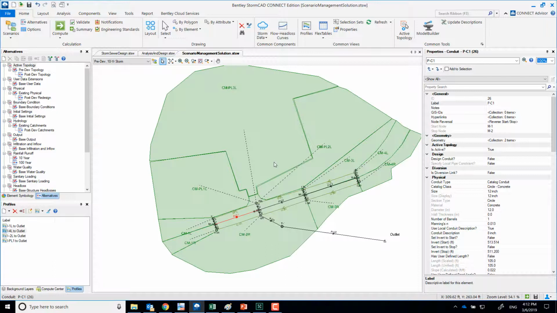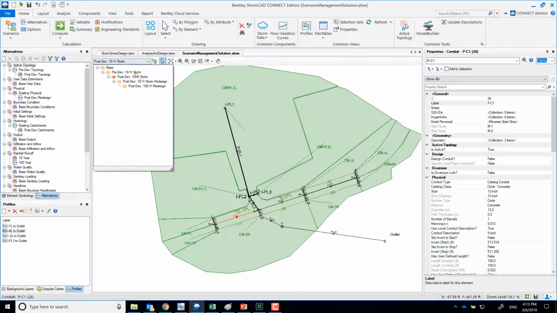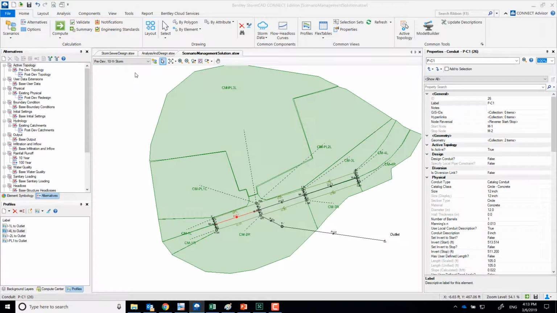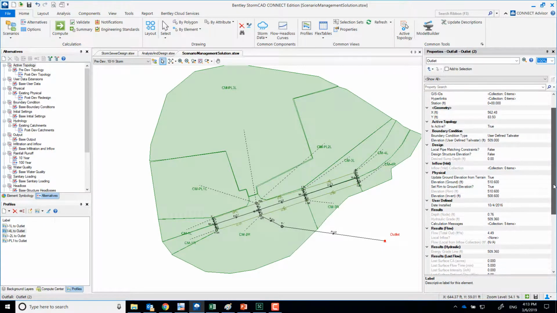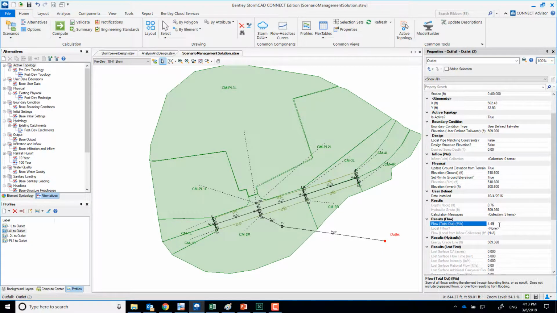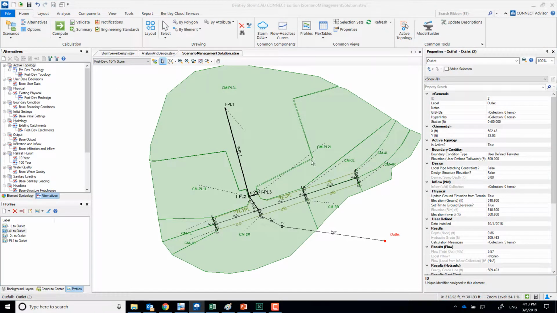All right, so we're able to use that active topology to show what it's like to include or not include that parking lot. And we did a few scenarios. So the very first one was the existing system, and when we did that, we were generating a runoff of 4.5 cubic feet per second. We then ran the post-development, and the peak flow had gone up to 5.57,